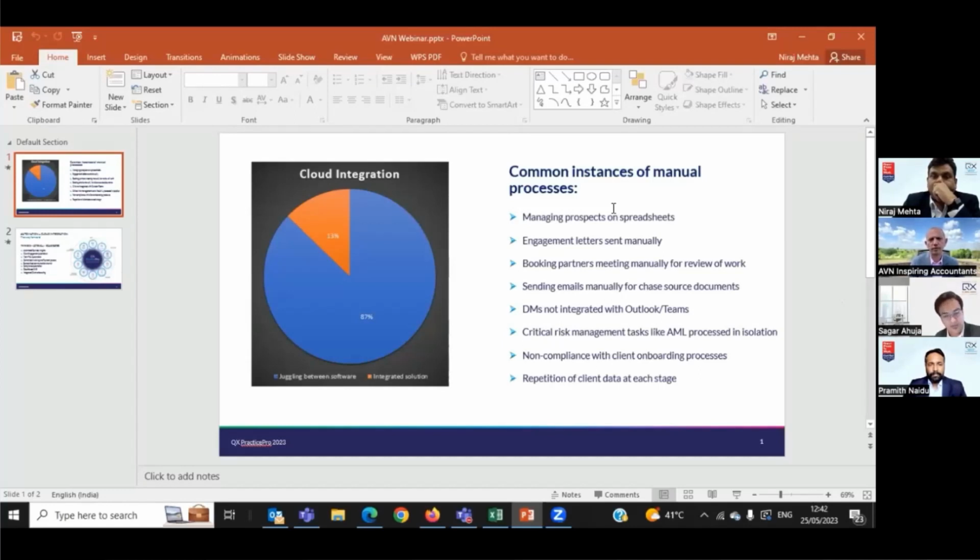Third will be, it's quite an interesting one. We were talking to one of the top 20 firms, and they mentioned that they review the accounts when the manager is booking a meeting with them. I was talking to a partner, and the simple question which we were asking is, don't you have a workflow defined within the practice management software? The answer was no, they didn't have it.